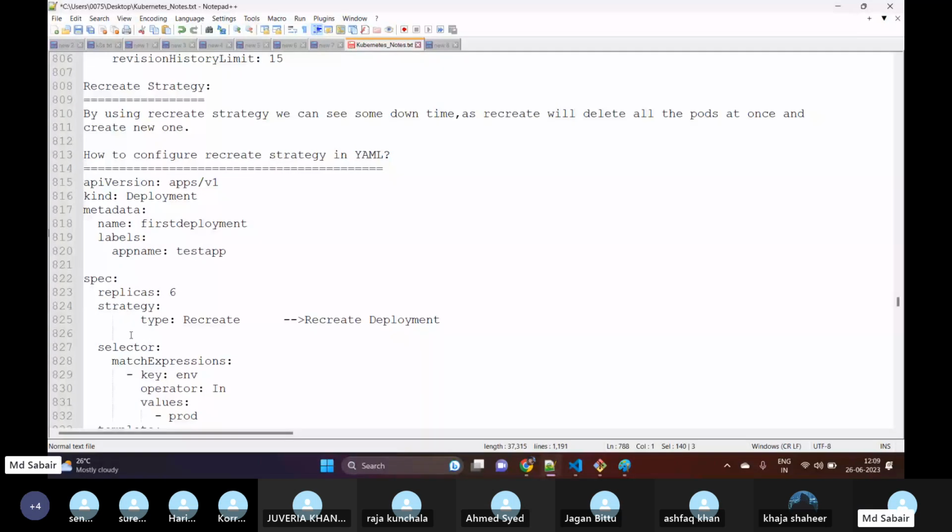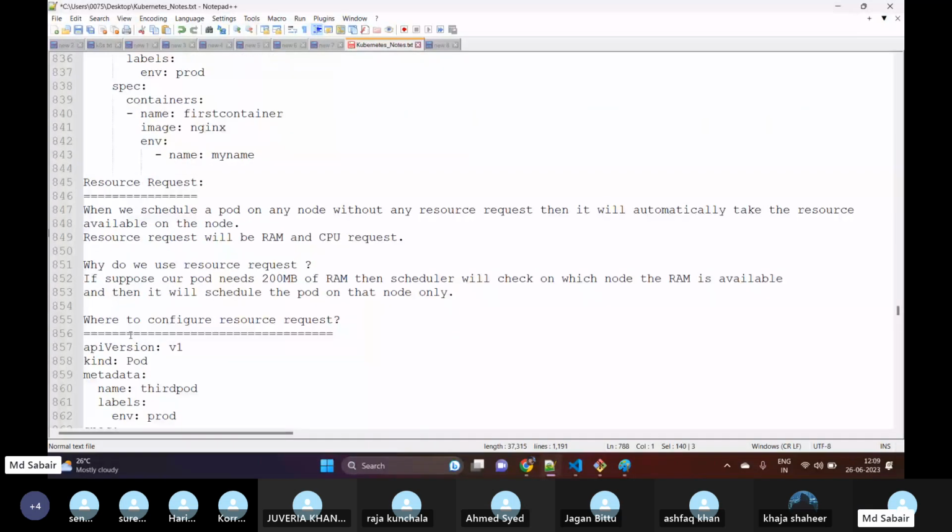And then we have a very important one, that is resource request. Okay, for example, what do you mean by resource request? So we have two concepts, resource request as well as limit request. Okay, so resource request means,